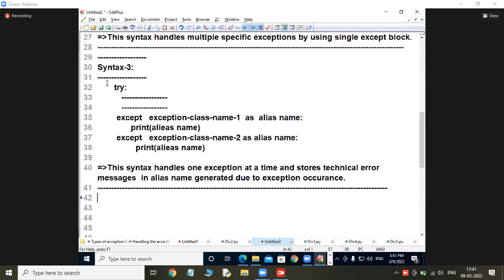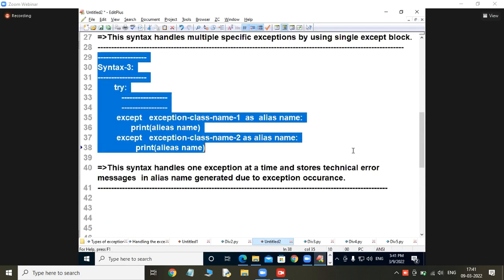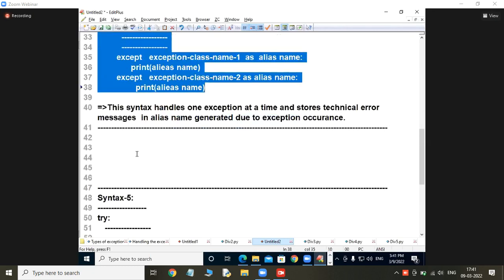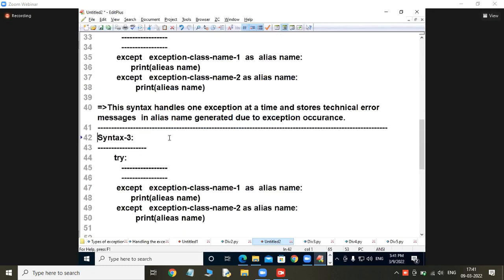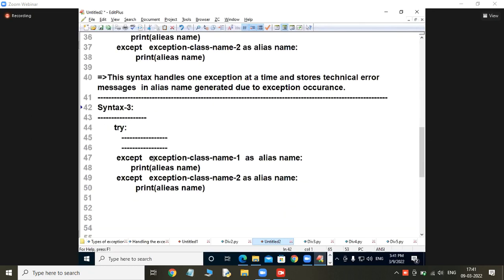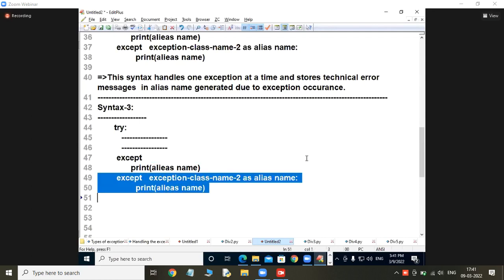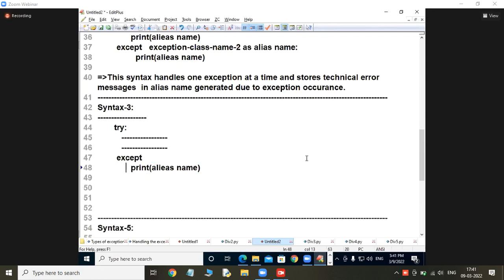Here, I will take the same thing, students. Here you write it. Here I am writing like this. Now I am coming to this place. You see, students, what I am writing.